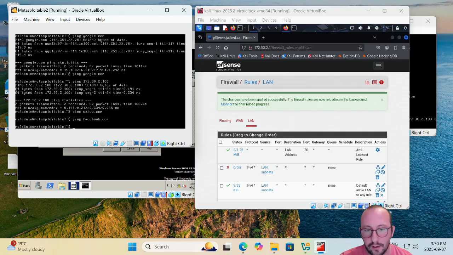Now, as well, if you assigned static addresses to these machines and you only want to block the Metasploitable machines from accessing the internet, you can always change the source from LAN subnet to those specific machine IP addresses. So only those machines can't communicate to the internet. But if you bring up other machines on that network, they would be able to communicate to the internet. There are a bunch of different options that you can do with pfSense. If you guys want to see a lot more with pfSense, other than just using it to configure our network instead of having the